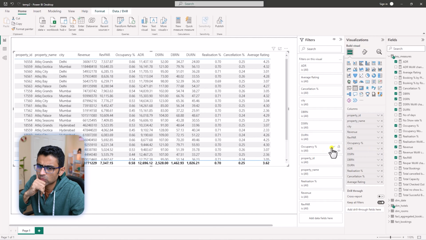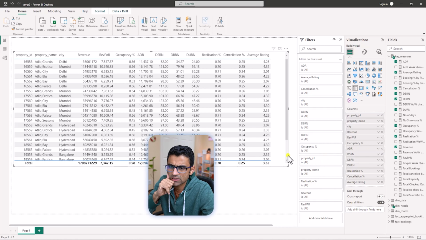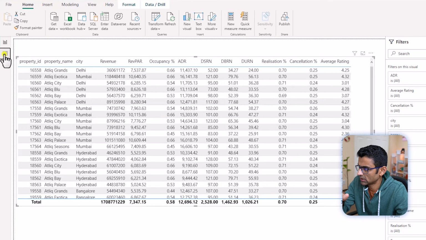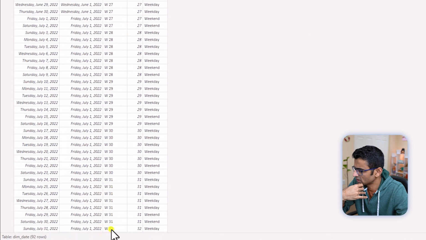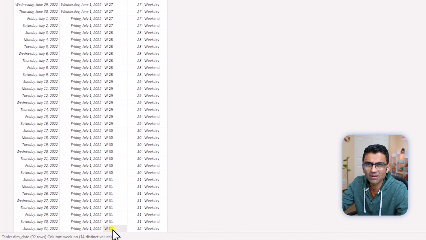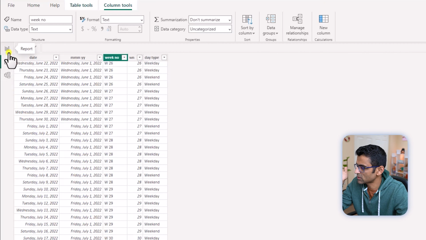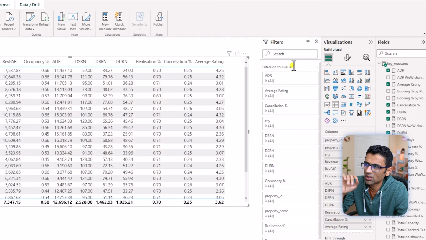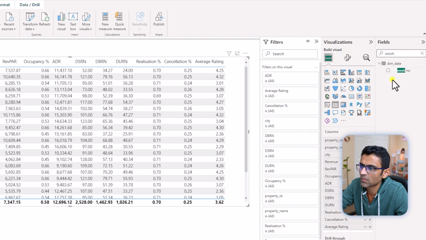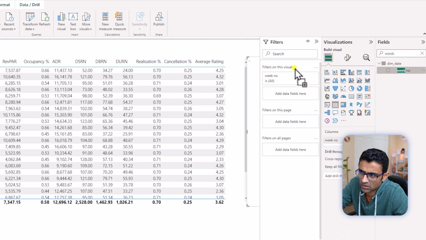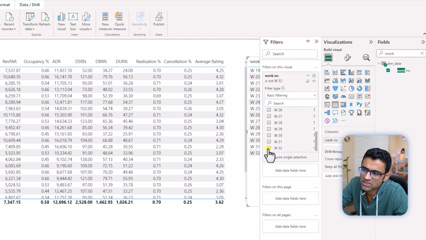I will also do one thing, which is I have noticed that in the dim underscore date table, if you look at the week number, see week 32 has only one day. You see this? Right, so I just want to filter week 32 because that might skew my dashboard. You can do that by typing in week number in the filter. So let's put it in a filter box here. You want to filter basically W32. So W32 is gone. Okay,